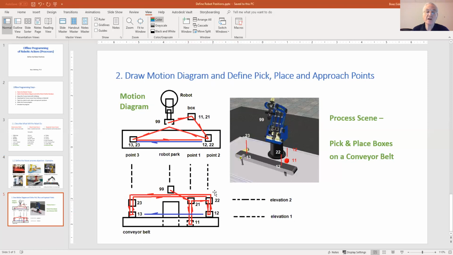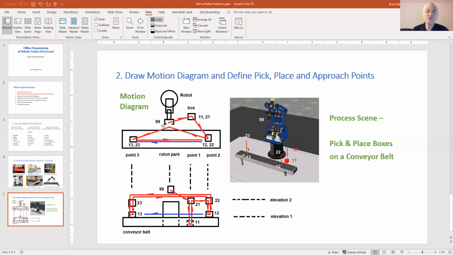This is the line for point 2. So all the points on this line will end up with the number 2. So this point is 1-2. This point is 2-2. This point is 1-1. This point is 2-1. This point is 99, where the robot parks. This point is 1-3. This point is 2-3.